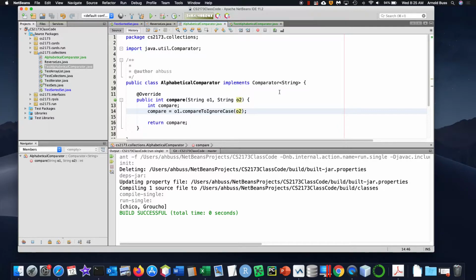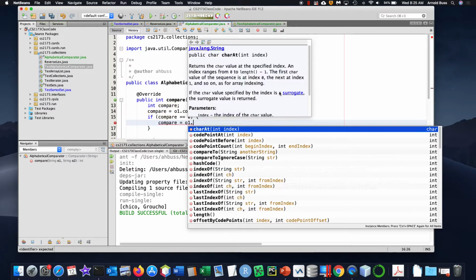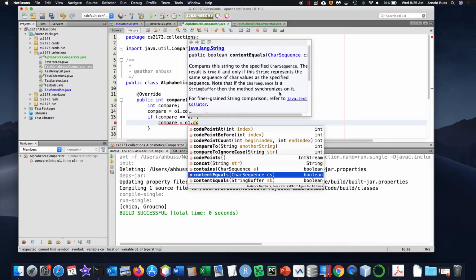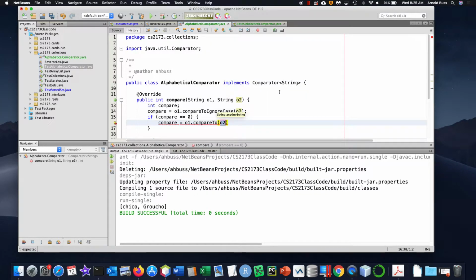Well, if they come up the same except for case, then I want to just do a regular compareTo. You see that? In other words, if I have two strings, the first cut was I said, okay, I have this equalsIgnoreCase, which is a very convenient method. If I didn't have that,